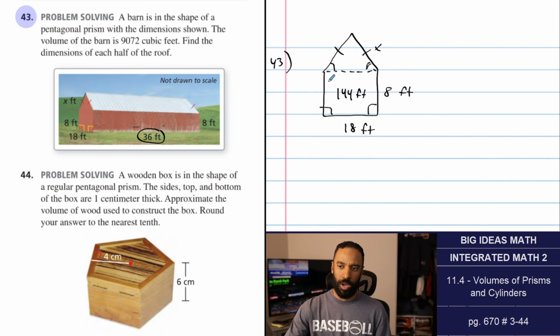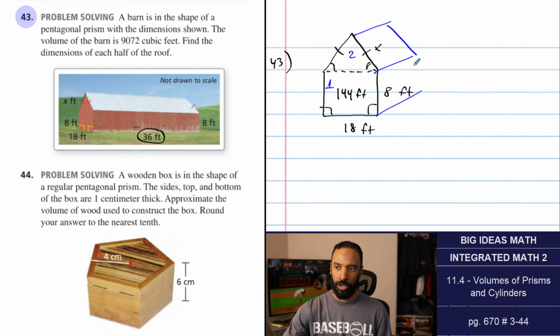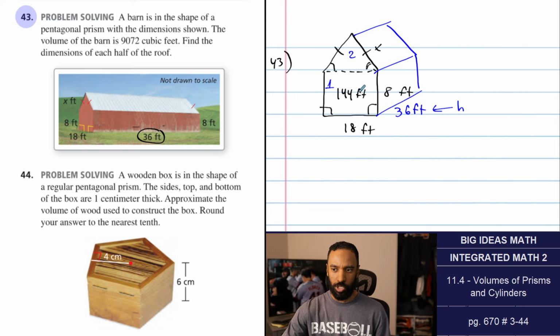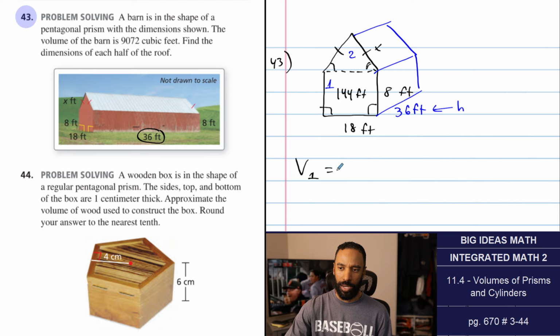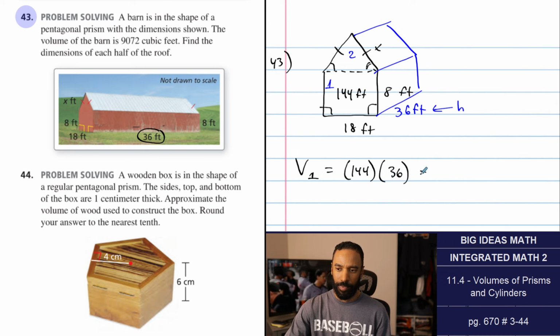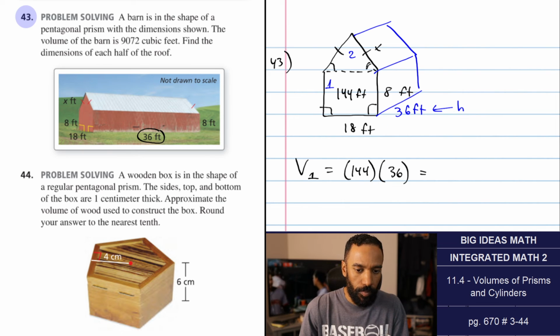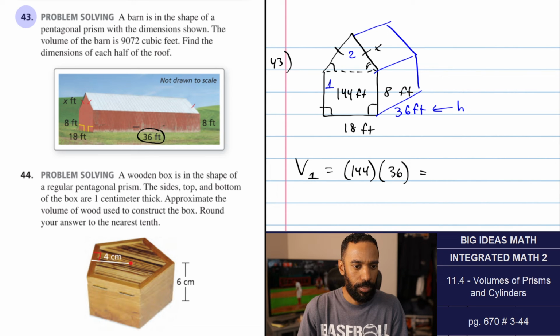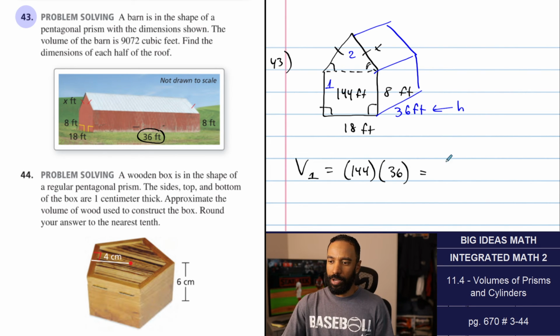Let's do the one where they're separate. So this is object 2 and object 1. Now there's a volume as this thing sticks back, right? So as this sticks back, there's this 36 feet. That's going to be the height. That's your height because it's the distance between your two bases, this base and that back base. So the volume of object 1 is going to be area of base times height, which is 144 times 36, 5,184